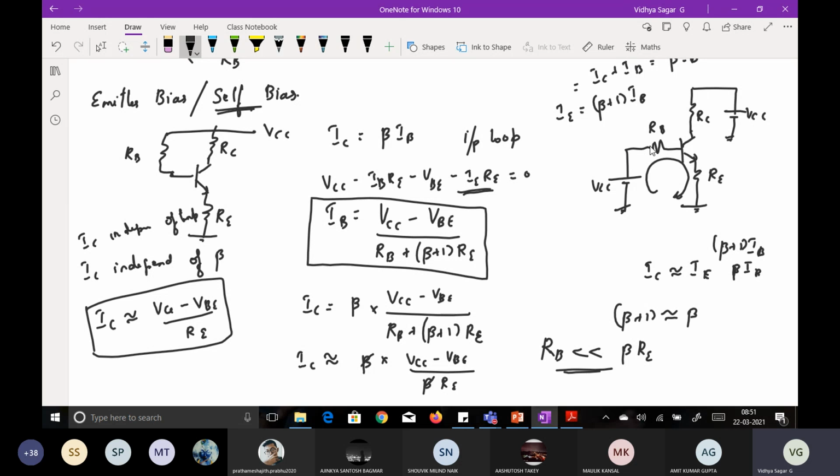In order to have a reduced value, is there any possibility to have a reduced value? How to choose a reduced value? Techniques, I'm asking. How to reduce an RB value? Generally RB value, what is the value I've given? For example, in the previous problem, what is the RB value?